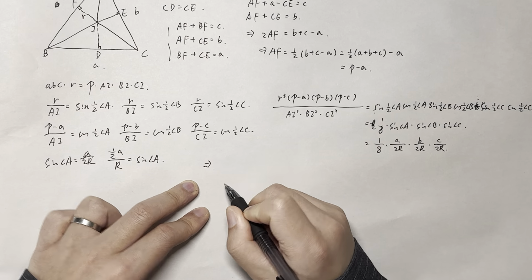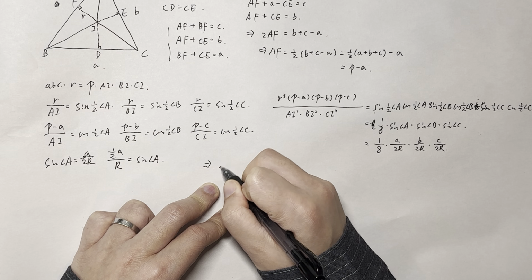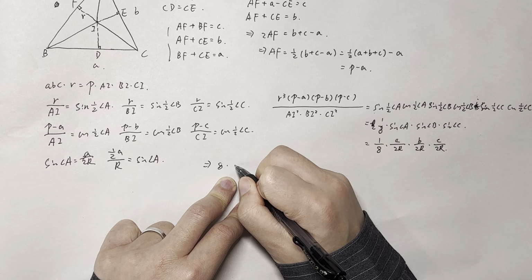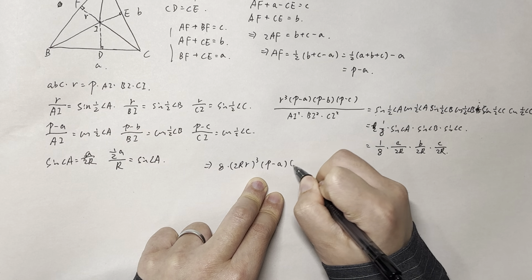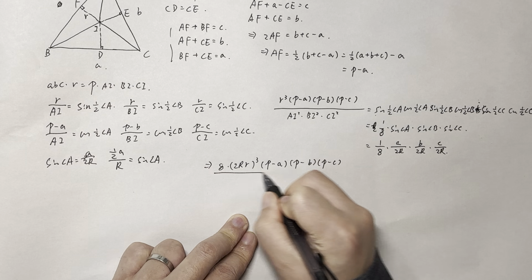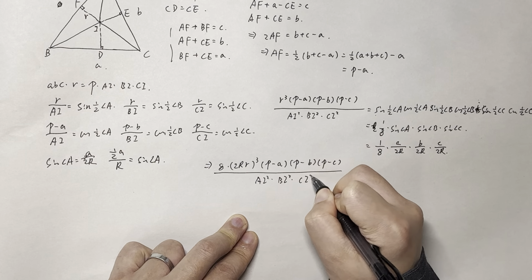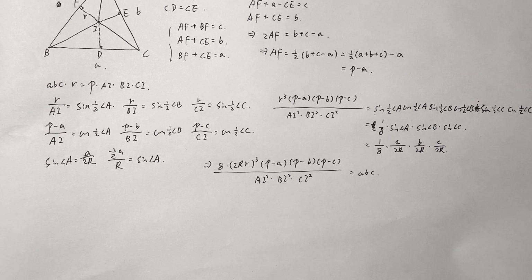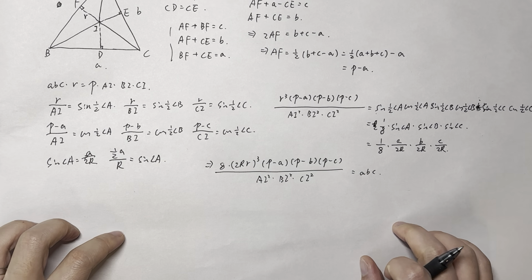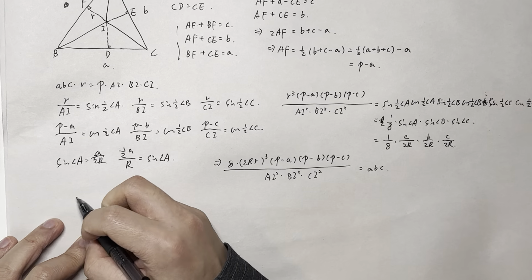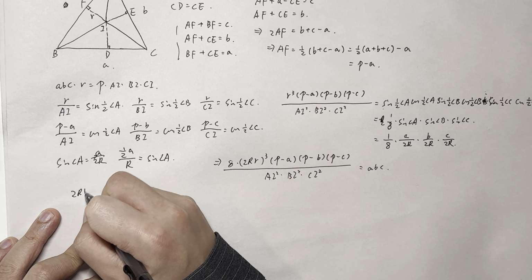So we got 8 times 2R to the power 3 times (P minus A)(P minus B)(P minus C) over AI squared, BI squared, CI squared equals ABC. Right. So remember that 2Rr,